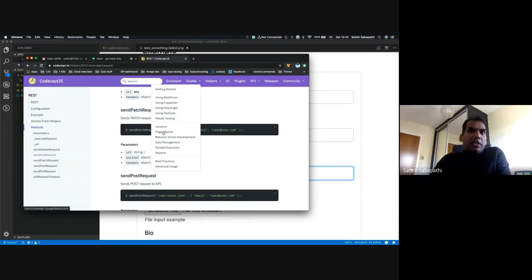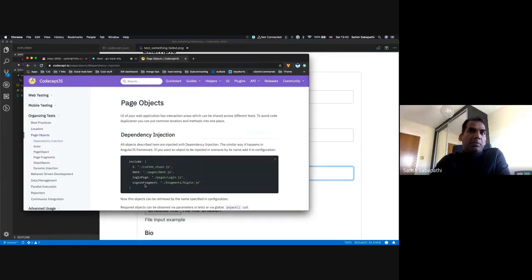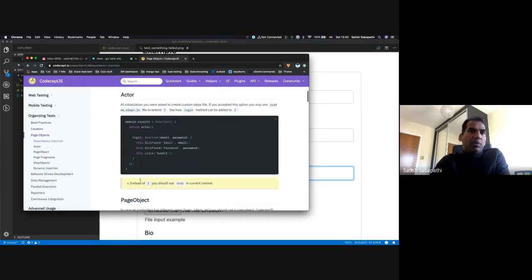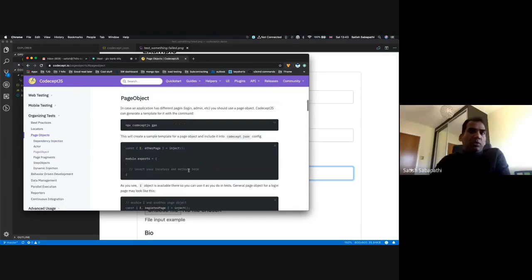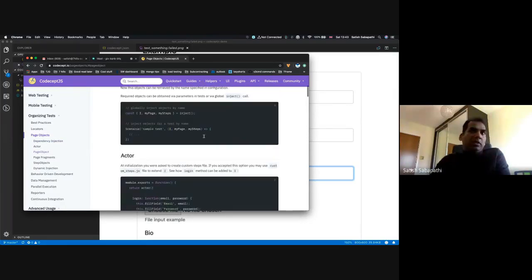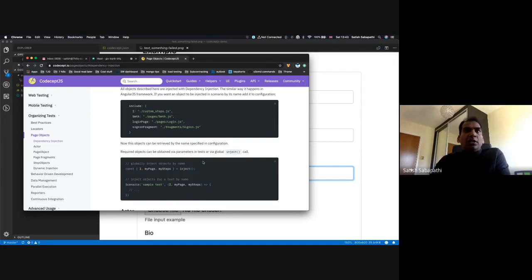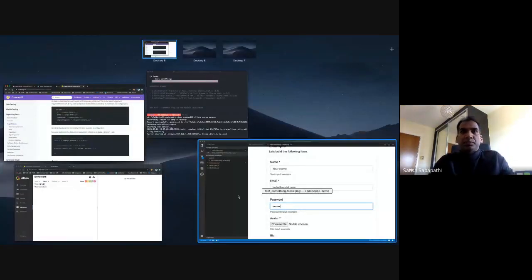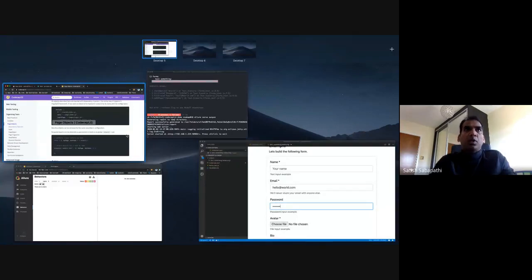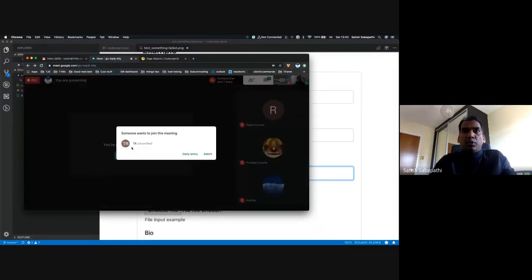And locators, page objects, all of these things which you'll have to build by hand if you are using some other framework, these come in very easily. They've explained how these things will work, and there is a lot of support on their website and their GitHub page to look at the examples. You take that and run it. So I'm going to quickly show you. I think we are running a bit out of time. So I'm going to quickly show you